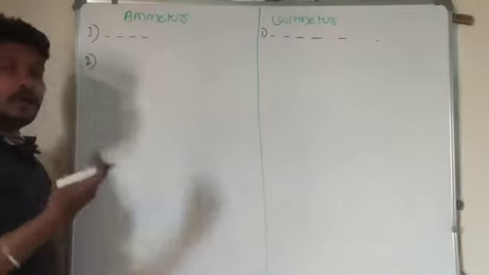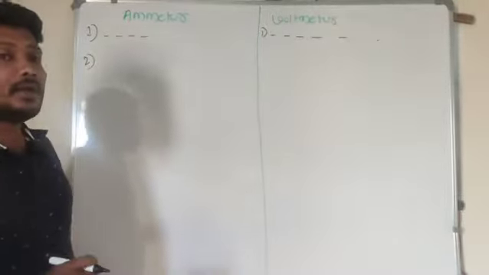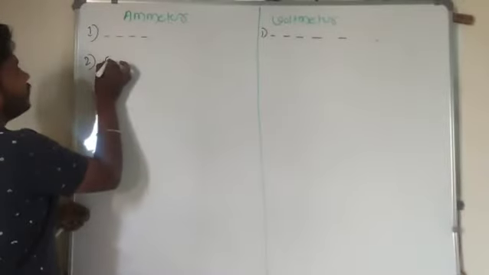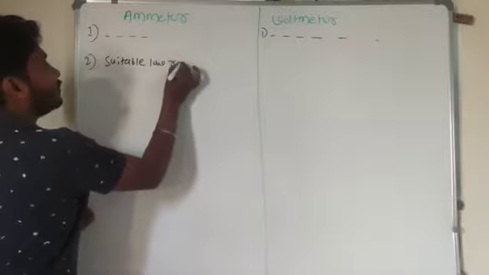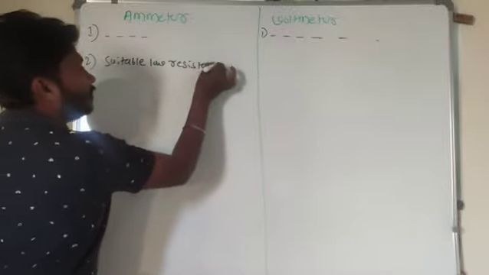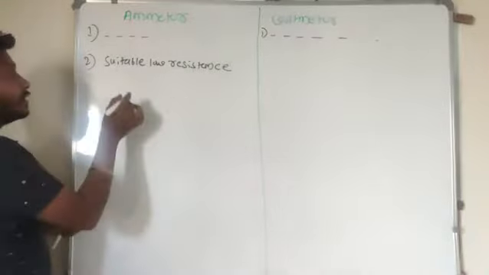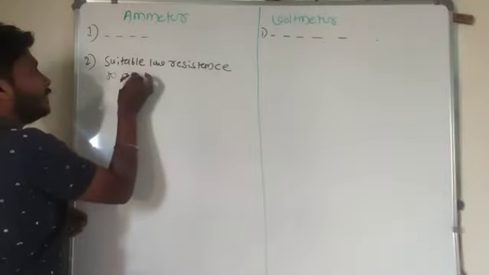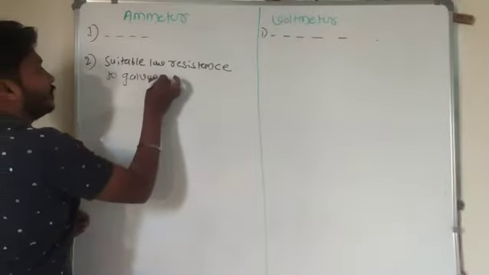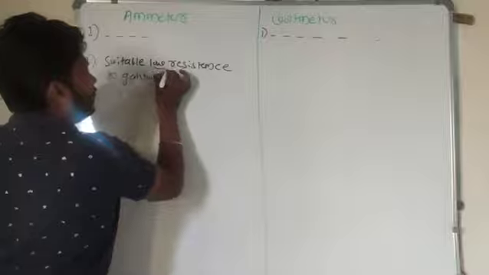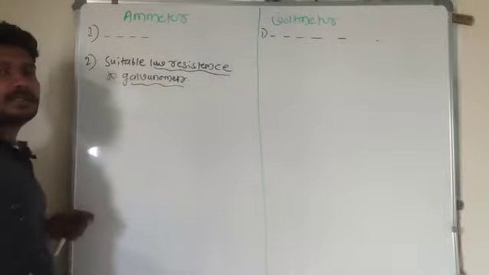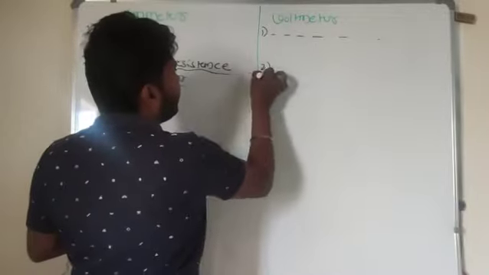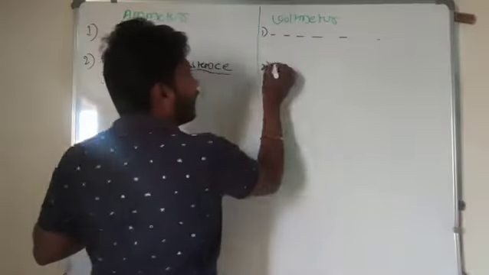Next, how to convert galvanometer into ammeter here? By connecting suitable low resistance to the galvanometer. If I connect low resistance to the galvanometer, then this galvanometer behaves as ammeter. And in case of voltmeter, suitable high resistance